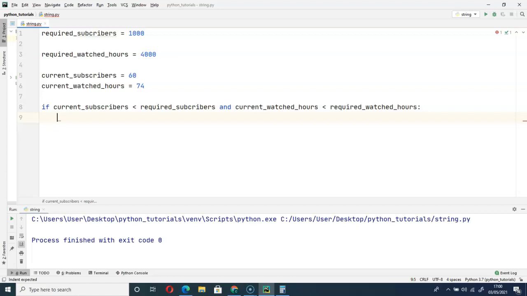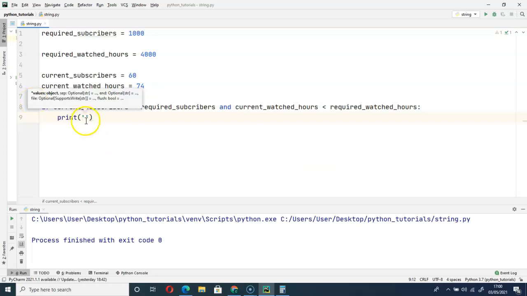So if current subscribers is less than required subscribers and current watched hours is less than required watched hours, what will happen? We print in brackets. Remember, a string should always be inside single quotes or double quotes.